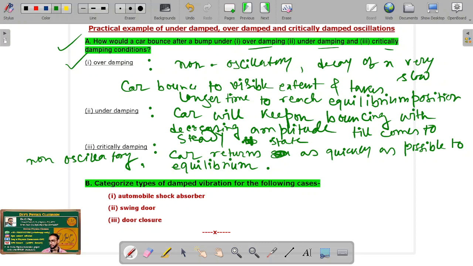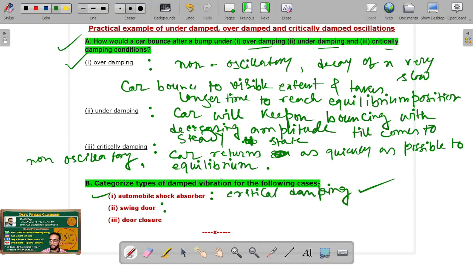The second, we will discuss another type of example. Categorize the type of vibration for the following cases. Number 1 is automobile shock absorber, number 2 is swing door, and number 3 is door closer. Now for the automobile shock absorber, the displacement of the vehicle will come to its rest position as fast as possible. So in case of automobile shock absorber, the type of damped vibration would be